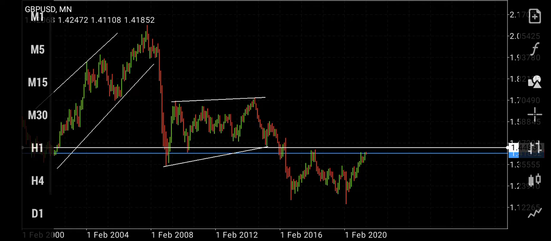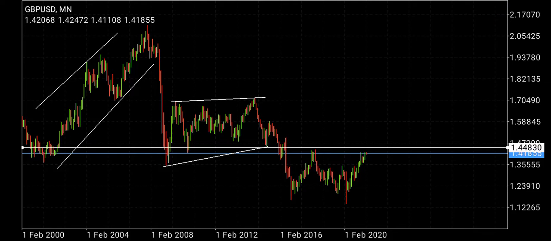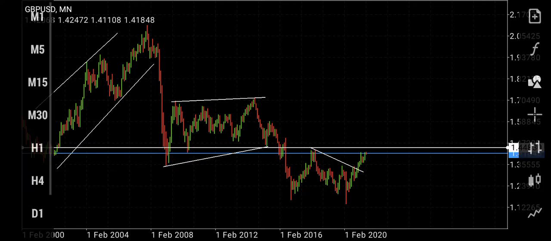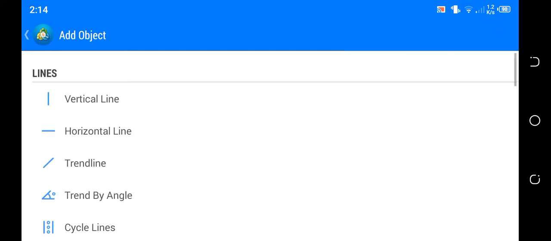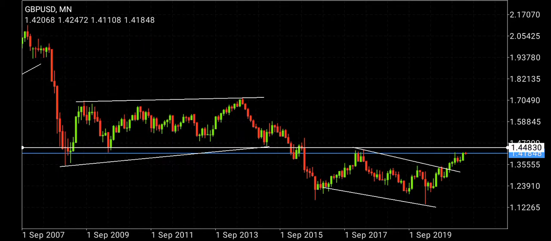So we'll take again, identifying patterns, the plus icon, trend line. You can see a pattern from here to here, like that. Again here to here. These are the descending patterns, and all descending patterns always break to the upside. And for you to see this pattern clearly, or rather visually,